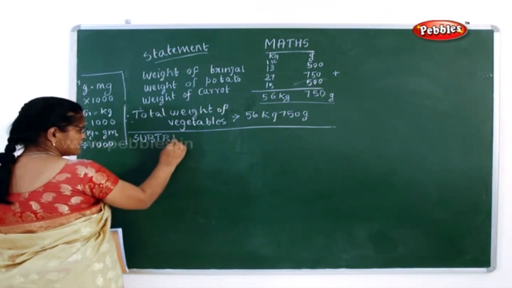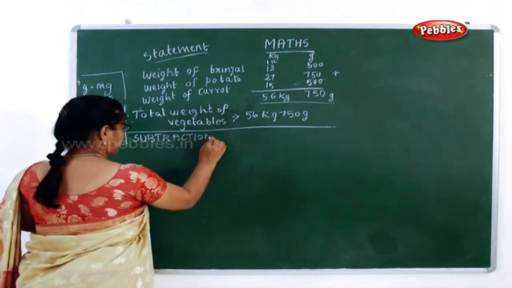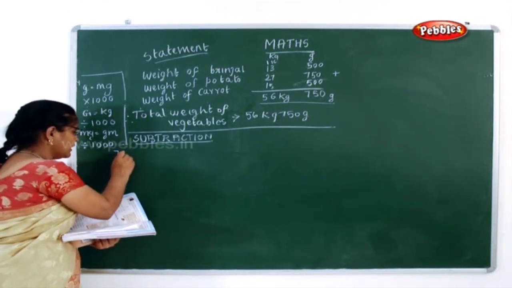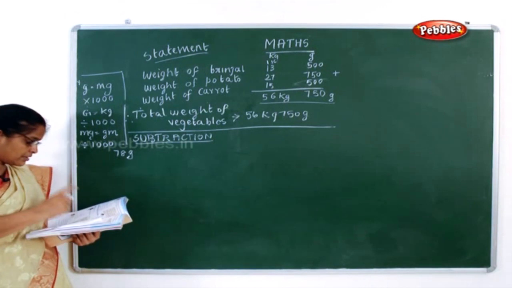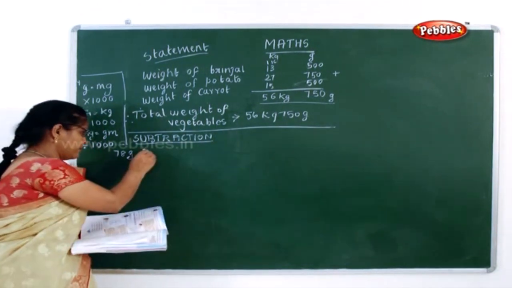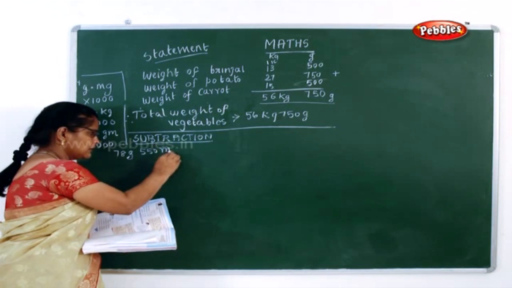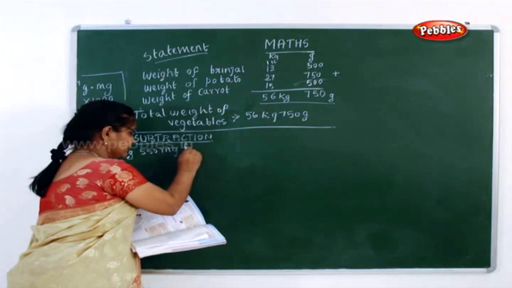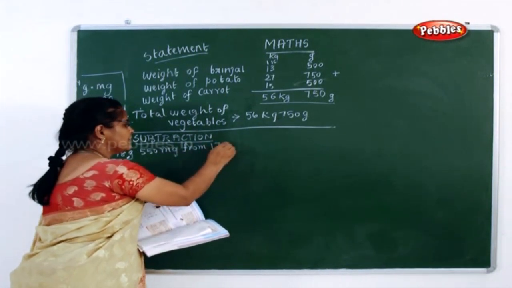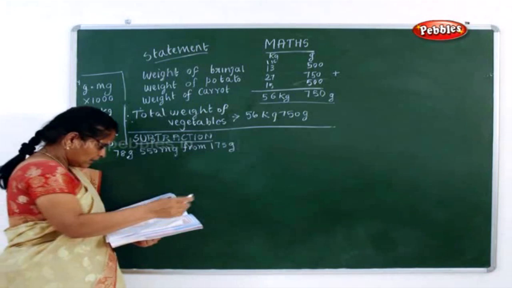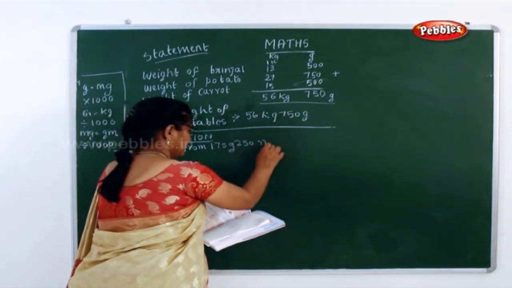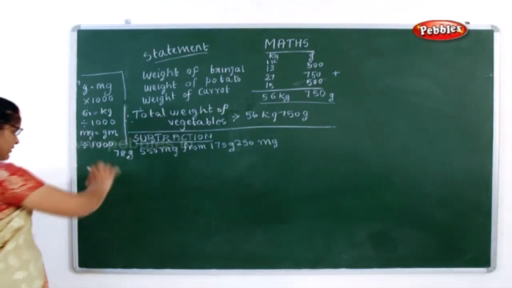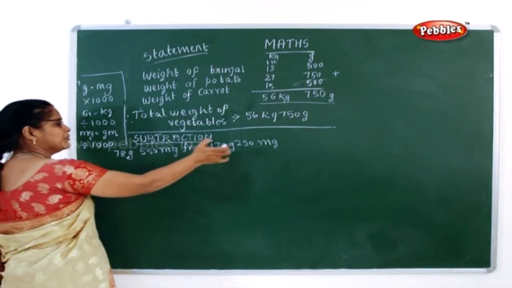See, these things you already know, subtraction, addition and all. But in milligram and grams you are going to do it. Is it clear now? What is the subtraction sum? 78 gram. Just read the sum first, okay? 78 gram, 550 mg. You have to subtract the 78 gram, 550 mg from what? 175 gram and 250 mg. So you always read the question with what you have to subtract. They have given us 78 gram, 550 mg from this number.